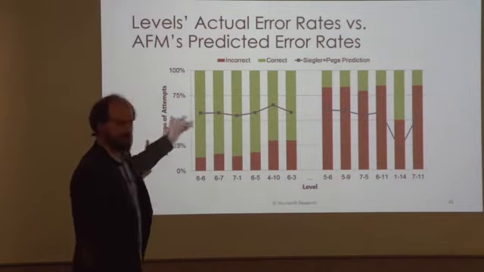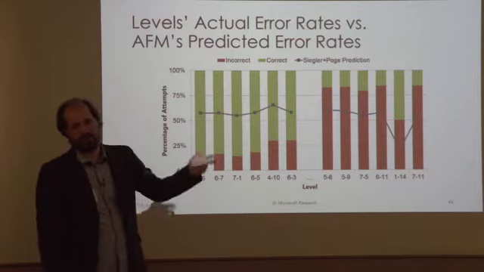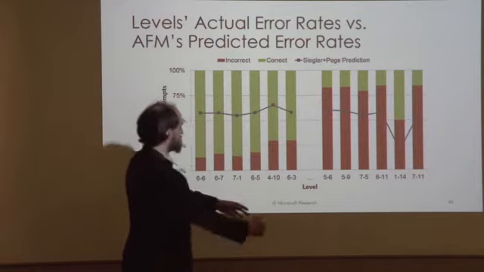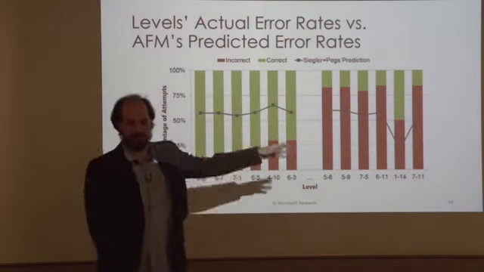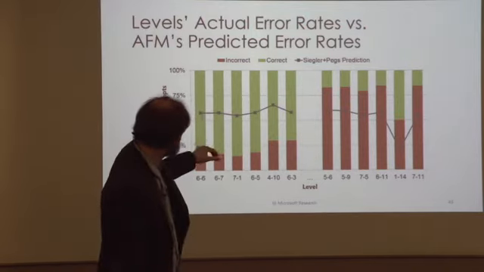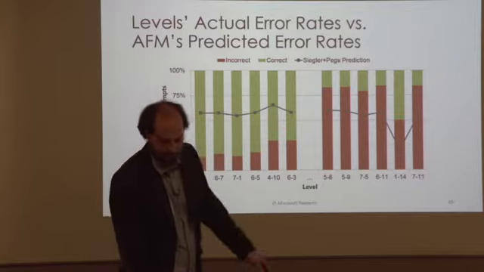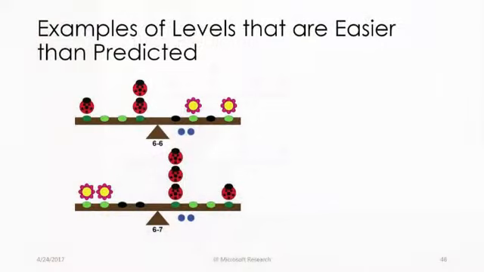And so if you see the blue line in the green area, that means this level is much easier than we expected it to be. And if it's in the red area, it's much harder than we expected it to be. And then there's actually like 40 more levels in between. These are just the extremes. But first we looked at the solutions to some of these levels on the easier side. And here are two examples. Can anybody potentially guess why they're easier than expected?